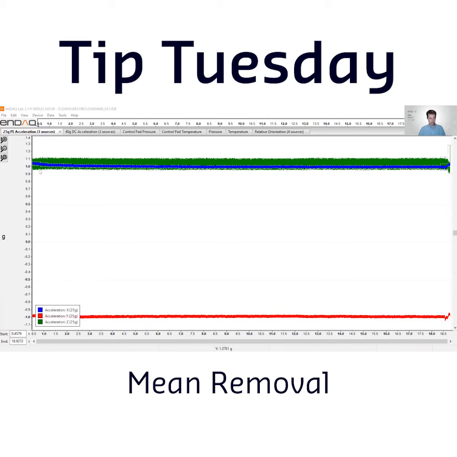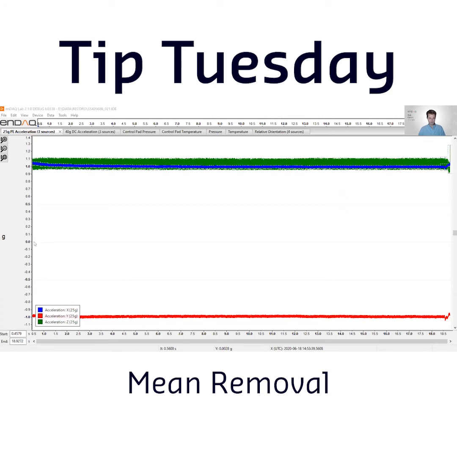selected here. But you can see there are these strange offsets. I've got the y-axis sitting at -1G, while the z and the x-axes are sitting up at +1G. You'd expect if the device is just sitting flat that everything would be sitting at 0G, but I didn't remove the mean. And unless you know enough to remove the mean using another analysis software, it's best to do it